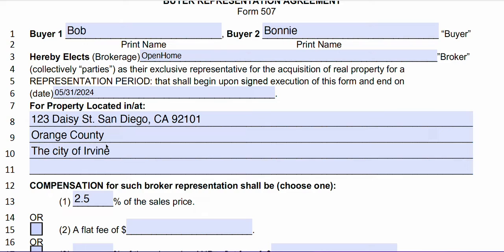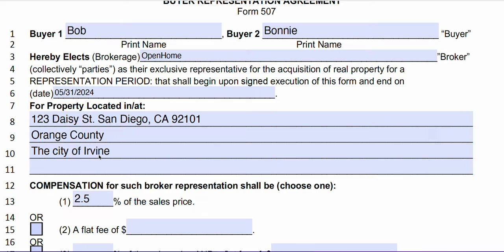Because if it's just pertaining to one property, put the property address, and that is very specific. So in that case, yes, it's important to be specific. But often when you're working with a buyer, they're not just looking at one place. They're looking at a range of homes in a certain geographic area. So my recommendation is to keep that geographic area wide, but not so wide as to where it goes beyond your scope of practice. So you could say the city of Irvine, but I don't even like limiting it to